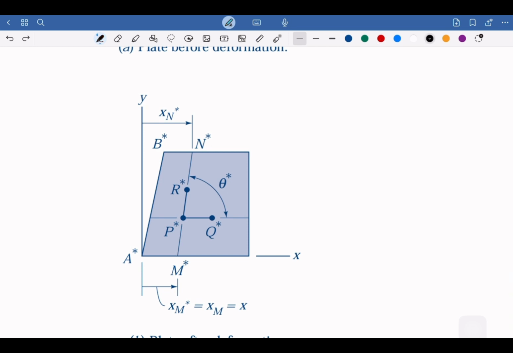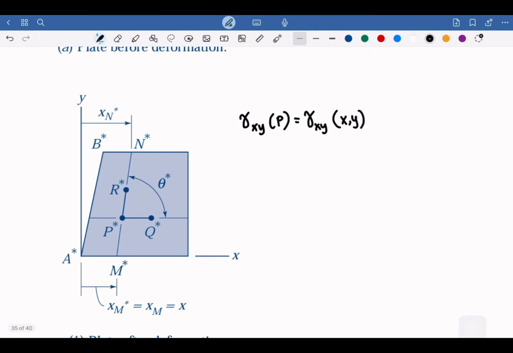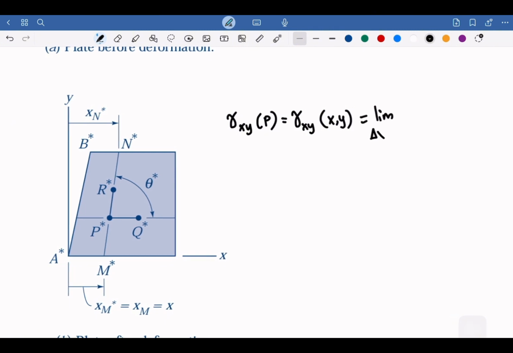So we can write the shear strain using gamma, and we observe it through this point P, or we could just say at point XY, and then the theta will be pi over 2 minus,